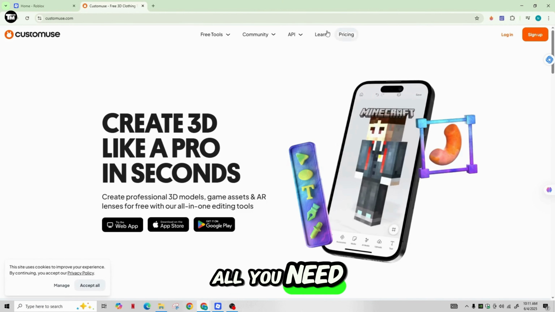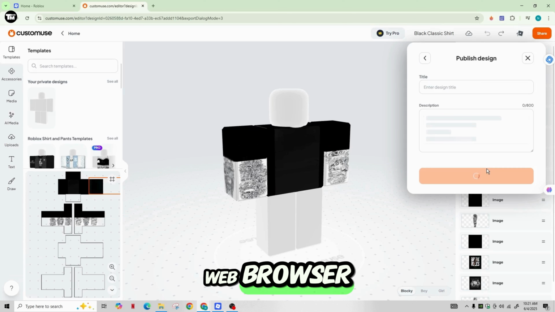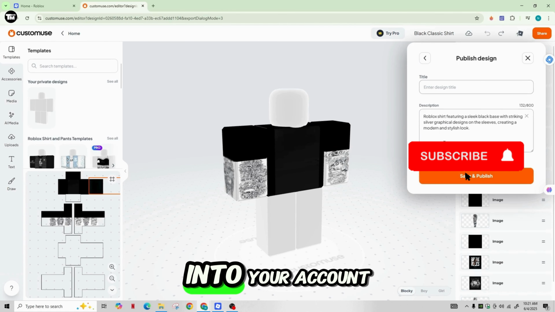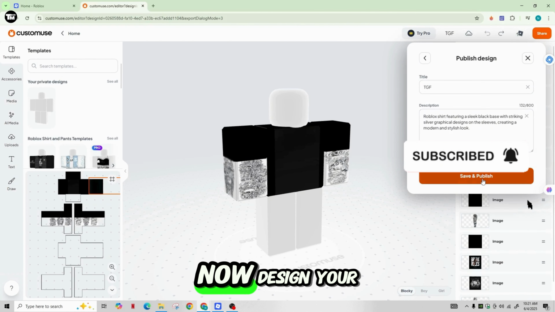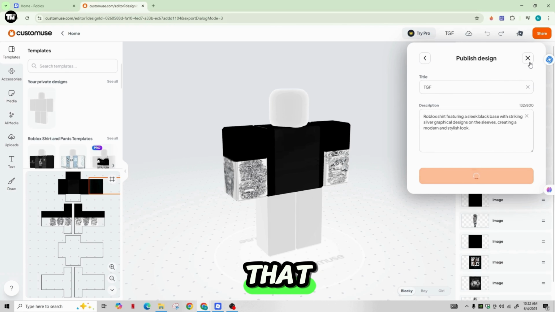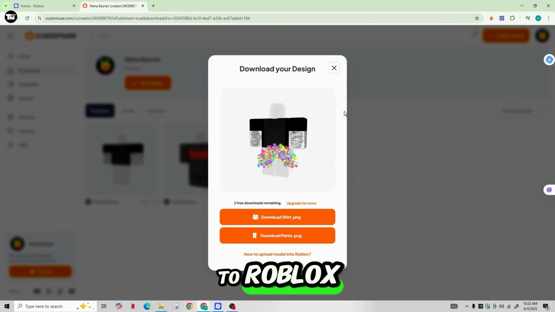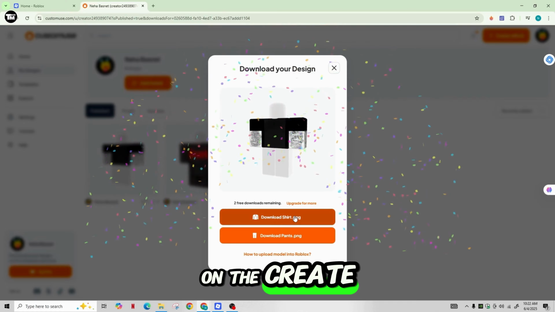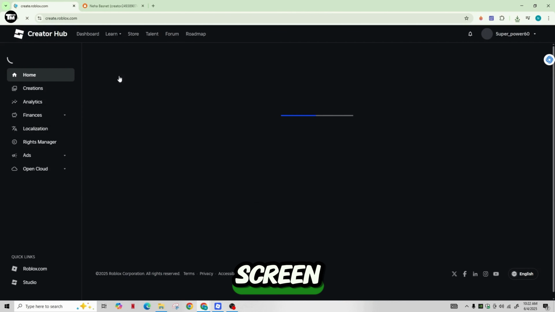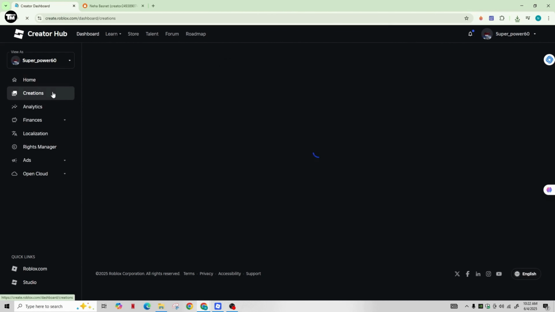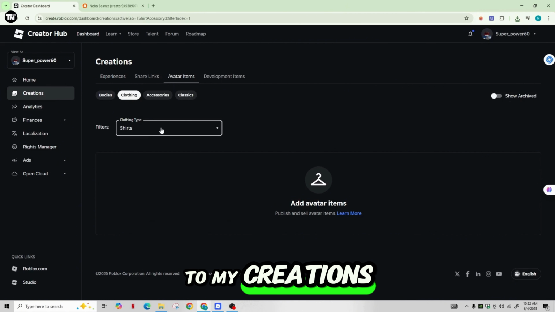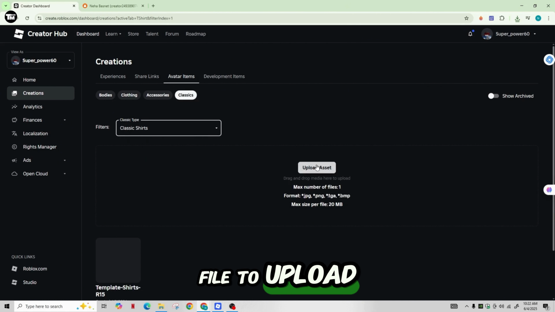So first of all, you need to go ahead and launch your web browser, then go to roblox.com and log into your account. Now, design your shirt, and after that you need to upload your shirt to Roblox. For that, tap on the create button at the top of the screen. Now go to shirts. For that, you need to go to my creations, then choose a file to upload and